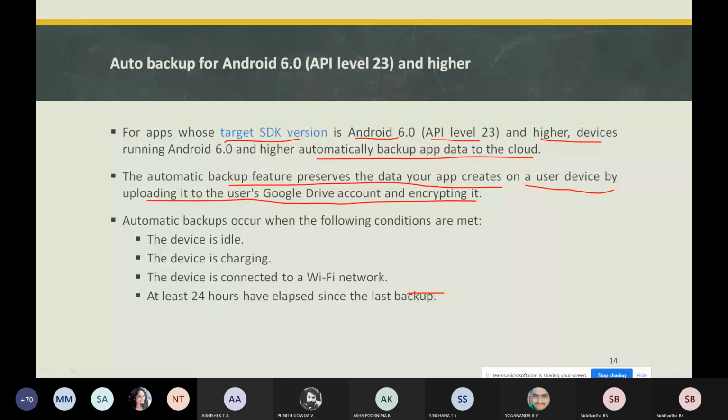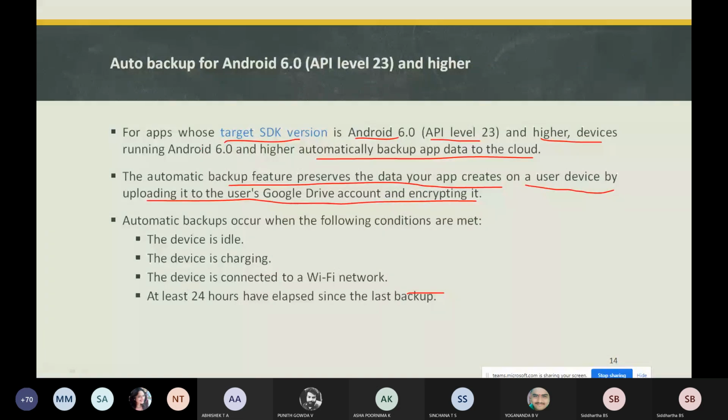One main point to remember: once the application is backed up, the next backup will be at least 24 hours later. For example, in the WhatsApp application, it does not back up every time, but once in 24 hours. So in these cases, the automatic backup occurs.